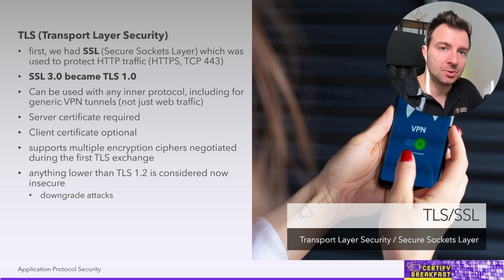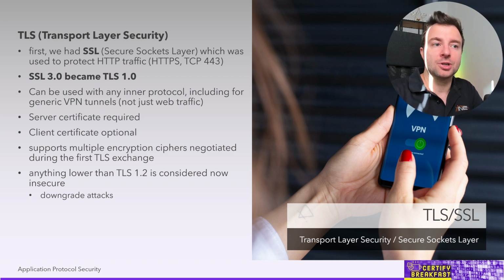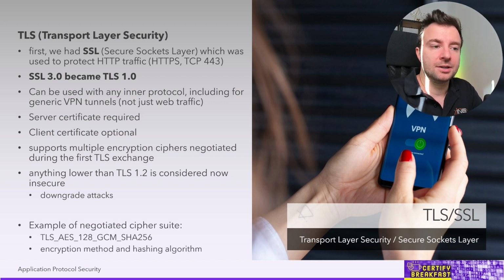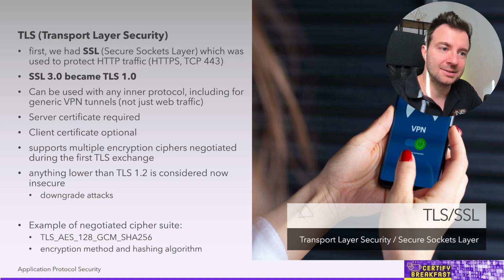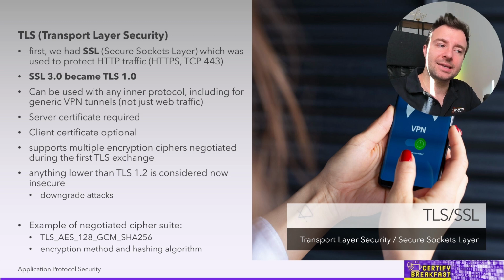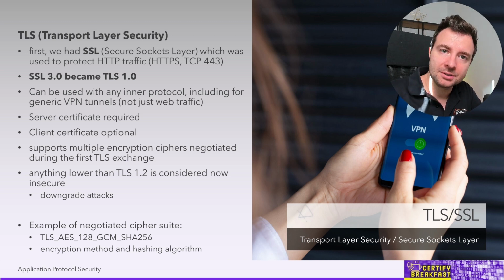The server is supposed to be configured to not allow the usage of unsafe protocols or unsafe deprecated versions of secure protocols, such as don't allow the server to negotiate anything less than TLS 1.2. Here's an example of a negotiated cipher suite. You'll get to see this if you check the security connection status whenever you're connecting to a website over HTTPS. For example, a negotiated cipher suite would be something such as TLS AES, that's Advanced Encryption Standard, using 128 bits as a key,